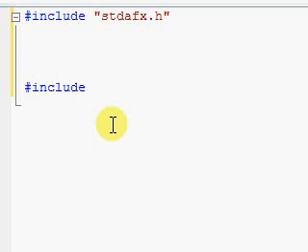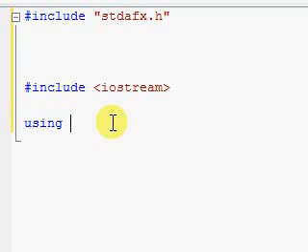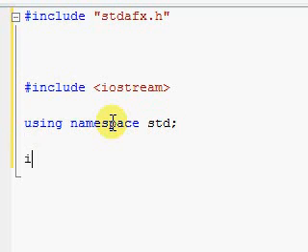#include <iostream> using namespace std; int main() {